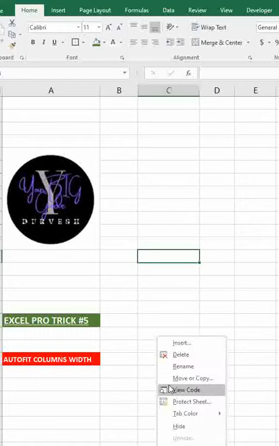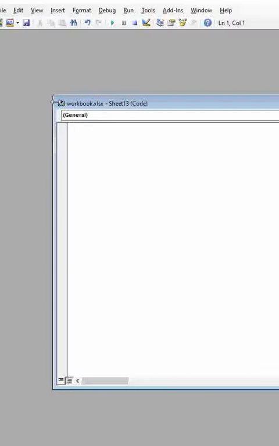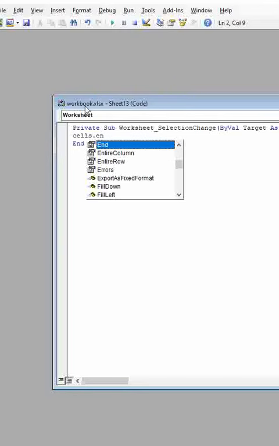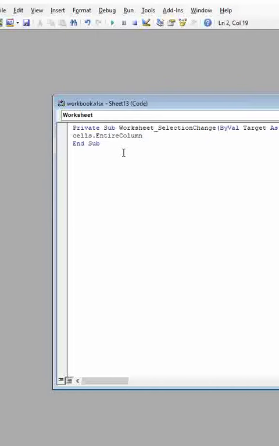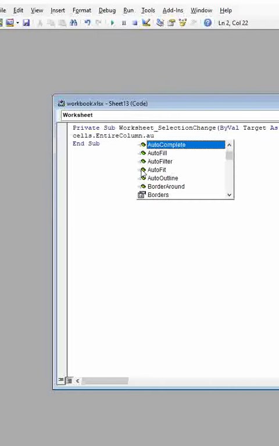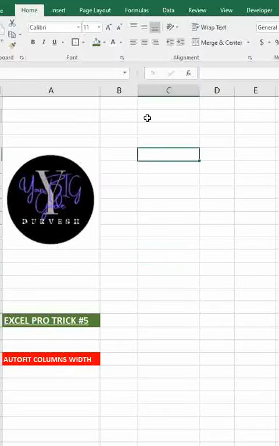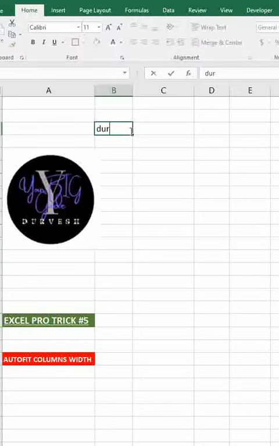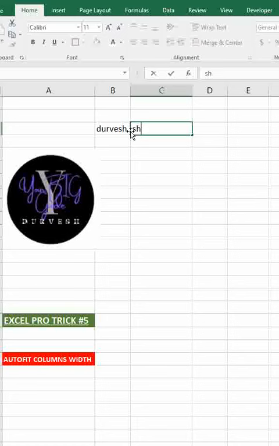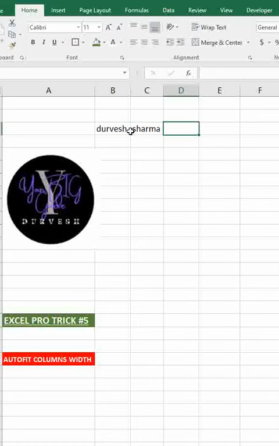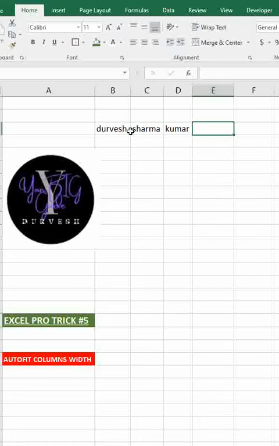You need to right click here, go to View Code, and when this is open, change it to Worksheet. Here you type Cells.EntireColumn.AutoFit, and then go to File, close it. Now you type whatever you want to type, it will adjust itself. For example, Durvesh Sharma Kumar